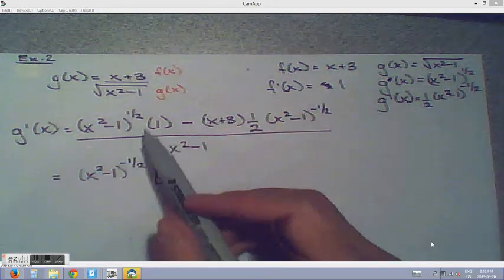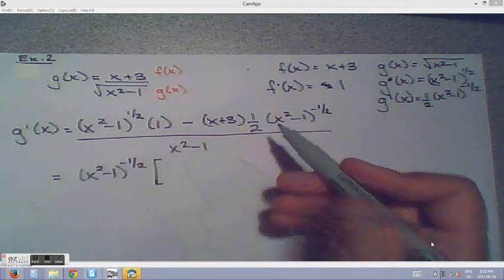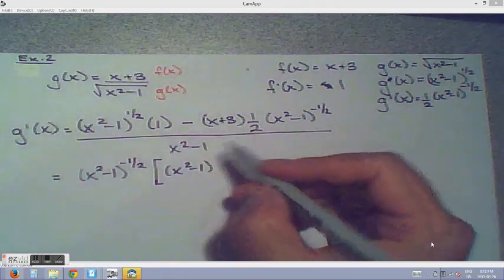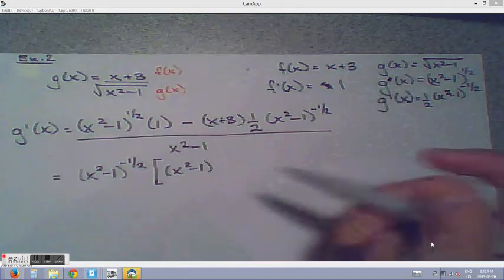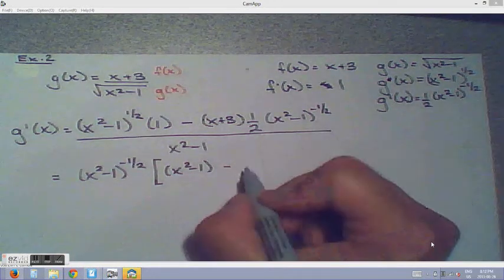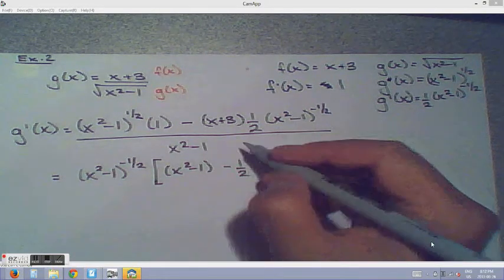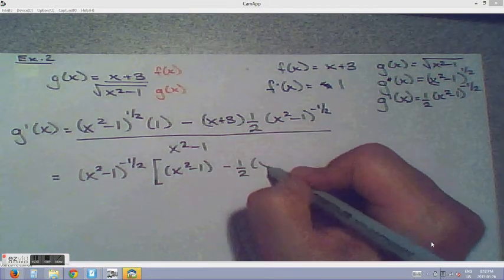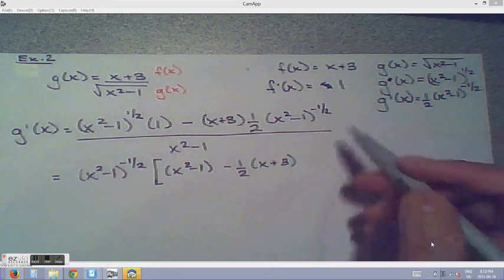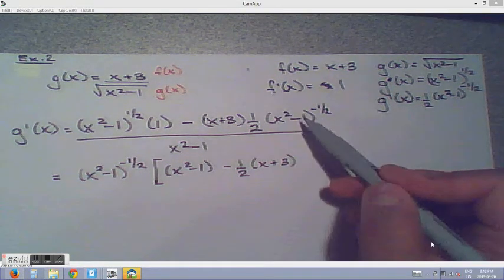Let's see what we have left. Using our exponent rules, we have exponent 1/2 minus a -1/2, so that leaves us with just an exponent of 1. Multiplying the 1 through, I'm just going to leave that, minus, bringing out this 1/2 right here, and then x plus 3. You'll notice I'm not using my square bracket because I know where this is going. If we factor it out, what we're essentially doing, remember, is dividing,